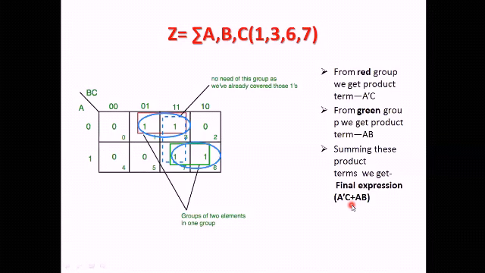So what are the things we have learned today in K-map? 2 variable K-map and 3 variable K-map. In 2 variable K-map, we have seen the minimization technique, and in 3 variable K-map, we have seen that you can do the pairing with 1, 2, 4, 8 or 16 ones if they are present. That is the minterms that will be present. We will be denoting them with 1 in the case of SOP. Hope this lecture is clear to all of you.